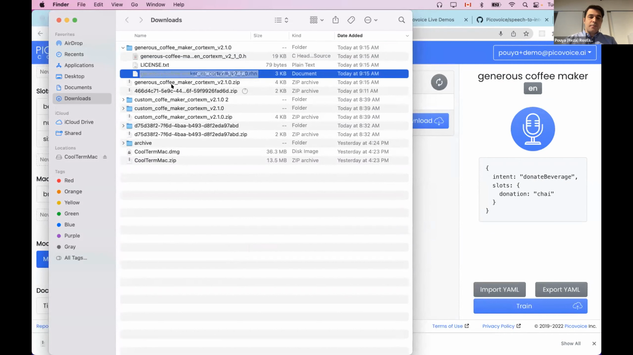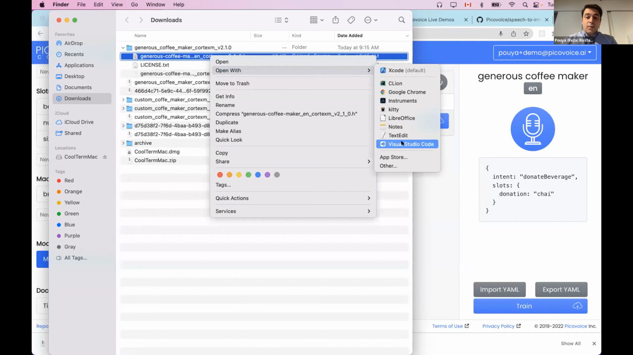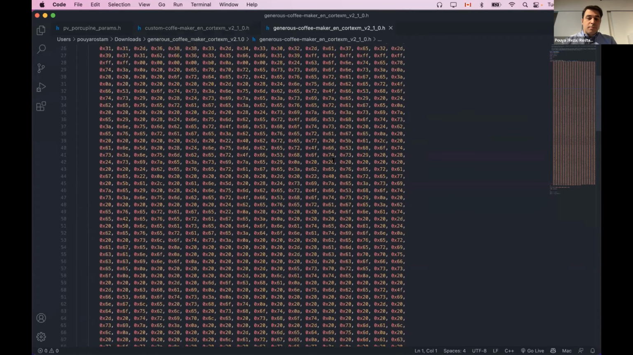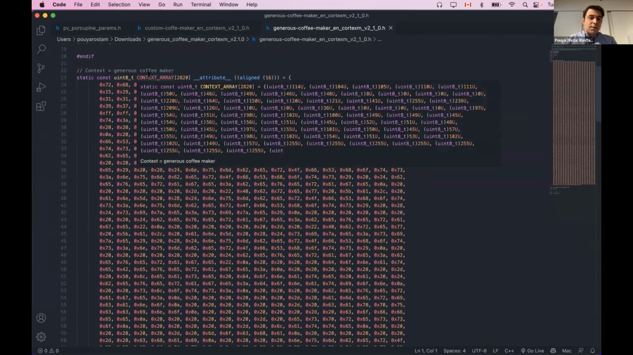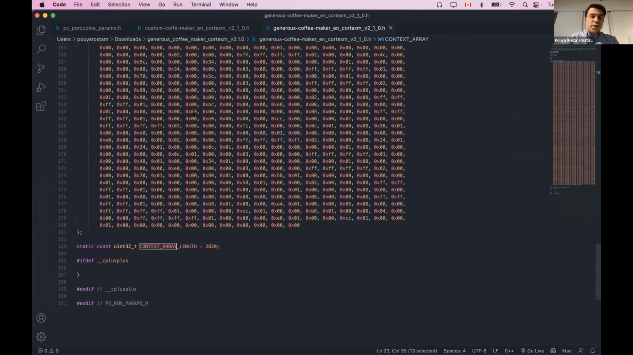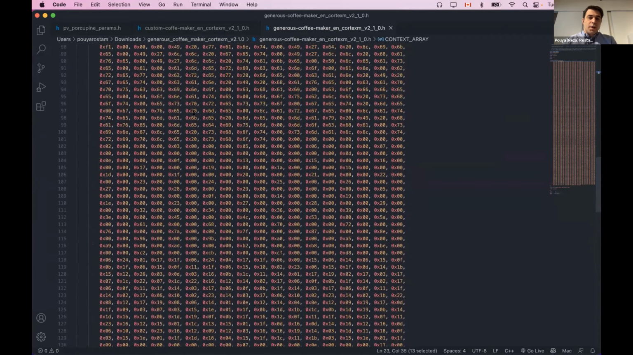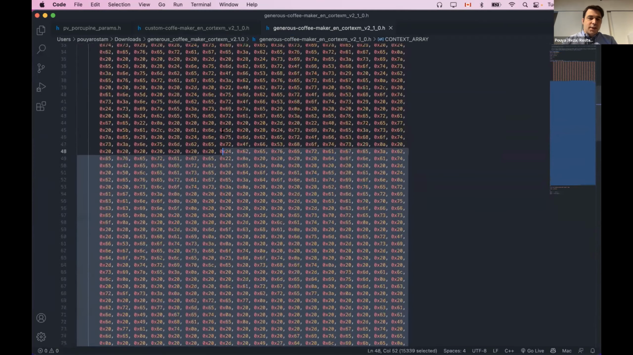One of them is the binary format of the wake word or the context model, which is pretty small. For user convenience, we also added a header file with the models in C array format. And so here you can see it's a context array, and this is basically the model that we just trained in the console. So you need to copy this array